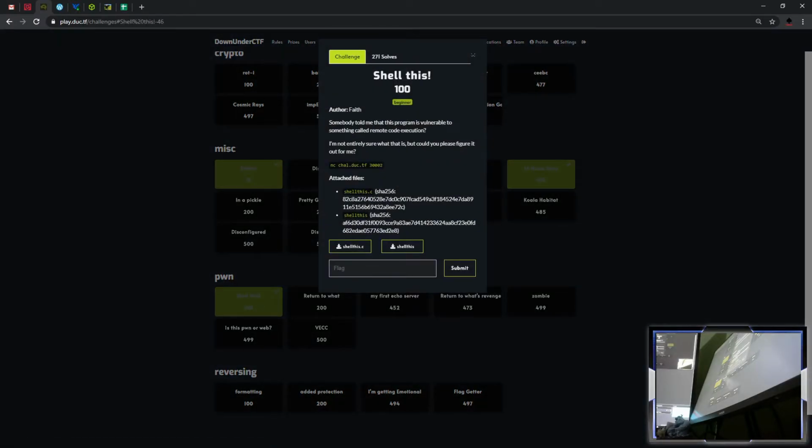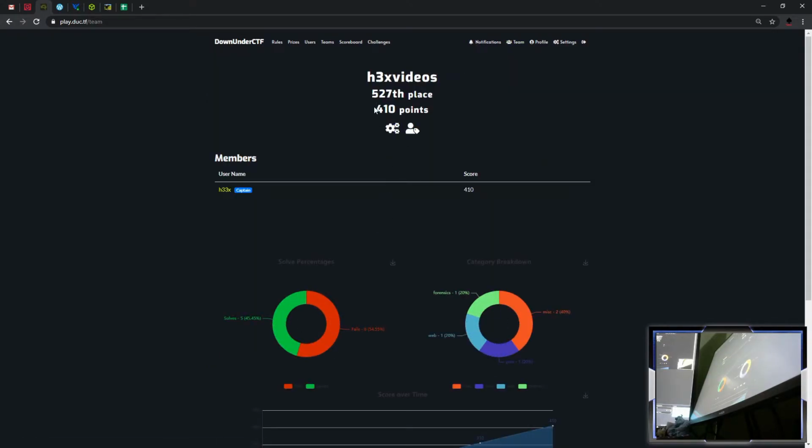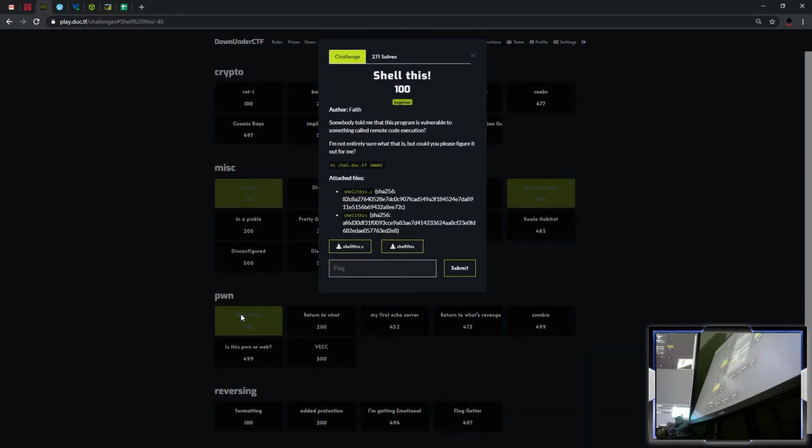So I was already able to solve this, as you can see, and with that I already have 410 points and am currently at 527th place. Although the CTF will run until tomorrow, I hope I can increase my place, but I'm fine with what I have achieved right now, which is solving this pwn CTF,